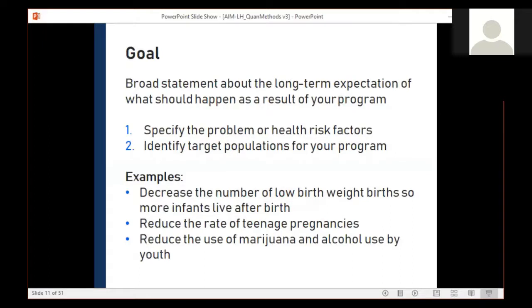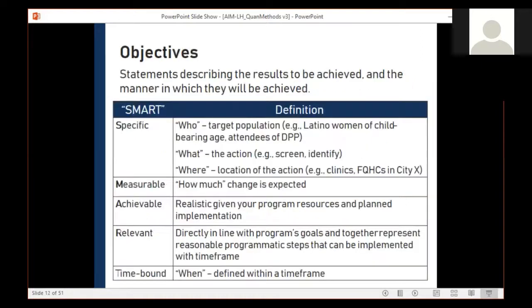All right, I just want to do a little bit of level setting, and we're just going to quickly touch on this slide. A goal is that broad statement about the long-term expectation of what should happen as a result of your program. And it has those 2 components at a minimum. Some examples are on your slide. Think broad statements: reduce the rate of teenage pregnancies, reduce the use of marijuana and alcohol use by youth. Objectives are more immediate